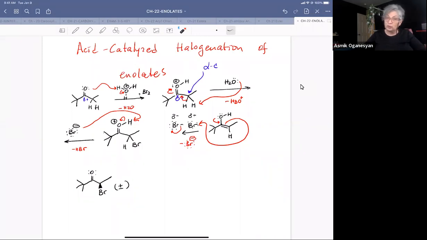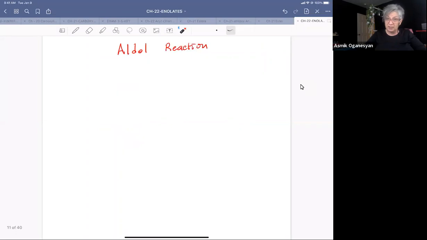Next reaction that we looked at was reaction of your carbonyl compound from the alpha position with another carbonyl. And these reactions are called aldol reactions. So in aldol reaction, simple aldol reaction, your substrate is going to be an aldehyde or a ketone. If it's an aldehyde, it should carry an available alpha proton, and a ketone will be carrying, hopefully, at least one available proton